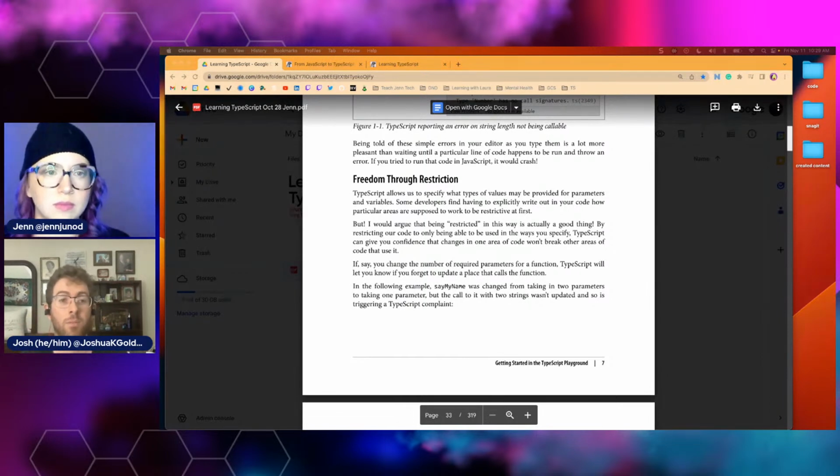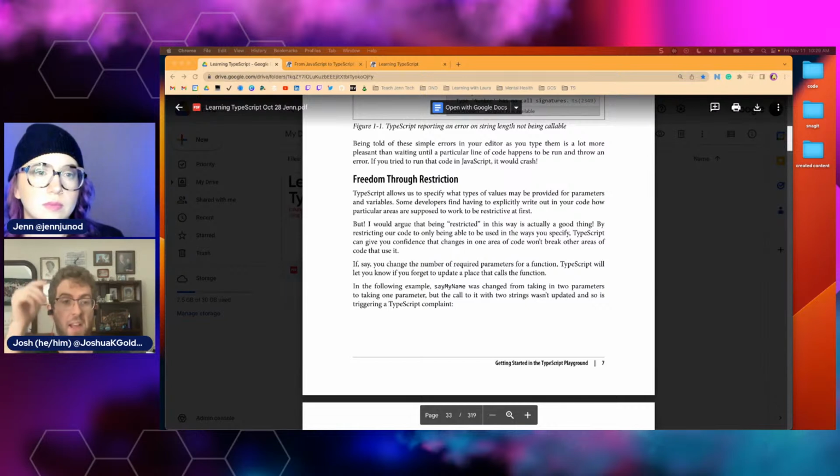TypeScript will let you know when you've messed up, because it also allows you to describe what you're trying to do. So if you want to change a bunch of stuff, let's say you have 10 things you've got to get through and you only change one of them, it'll let you know about the other 9. So although it restricts you, that allows you to make big changes, because you have these guardrails, these little training wheels, that will let you know about the things that are broken when you change something. Freedom through restriction.